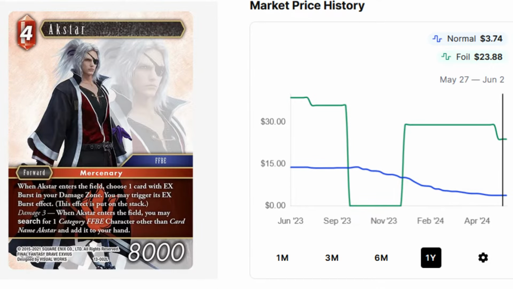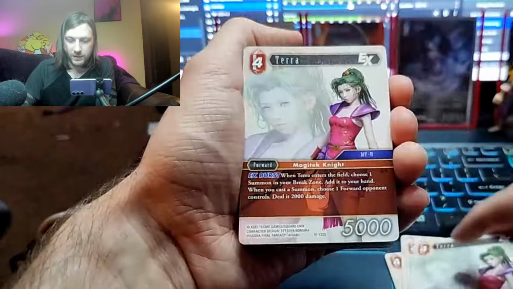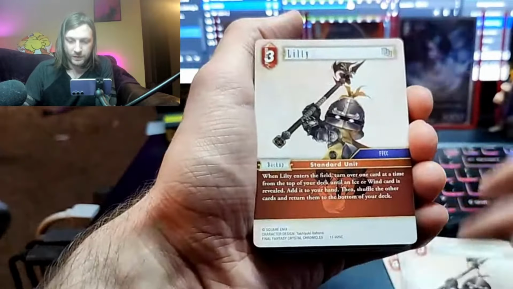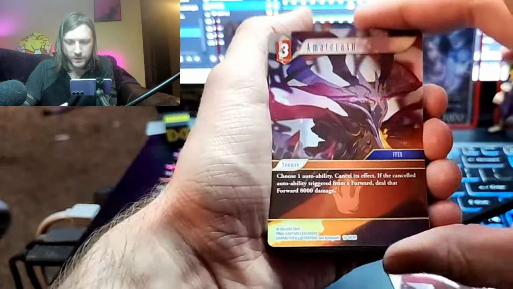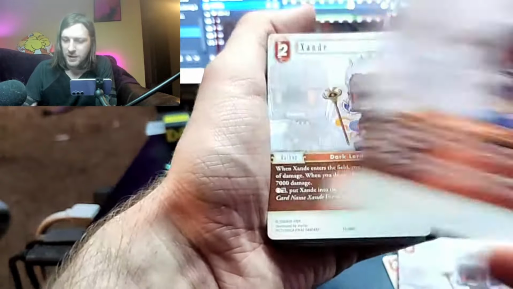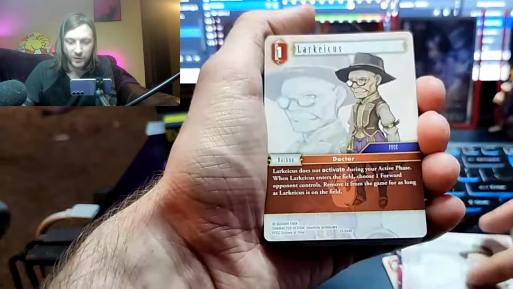So we got Zangan. 3 Zangans. Terra. 3 Terras. Lilty. I mean, should we just do the whole thing? You guys want to see it all? I'll put on some music in the background and maybe we'll just open up these and see what all the cards are. Huh? Zandy. I've seen so many of these, and I bet anybody who's watched me streaming any openings should be pretty familiar with a lot of these guys, but...